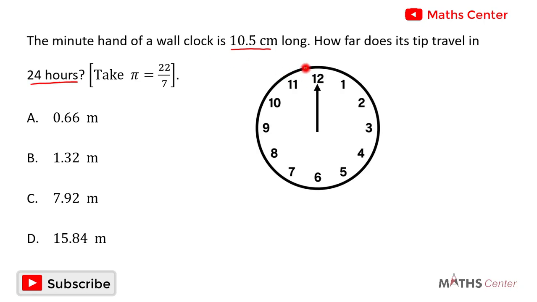Let's assume that this is the wall clock. So we have a circular wall clock here, and the minute hand is on 12. The minute hand stretches from the center of the circle to a point on the circumference. So the minute hand will be the radius of the circular face of the clock. The question says that the length of the minute hand is 10.5 centimeters. So it means that the radius of the circular face of the clock is